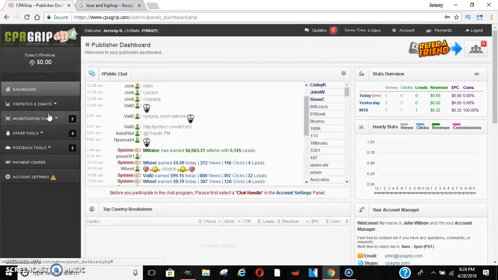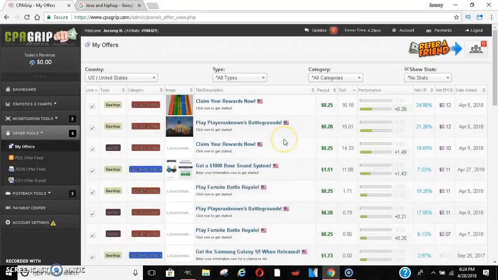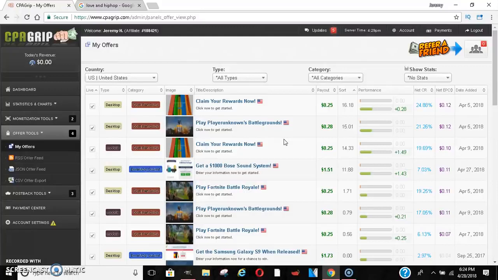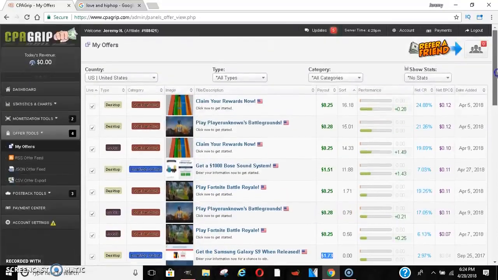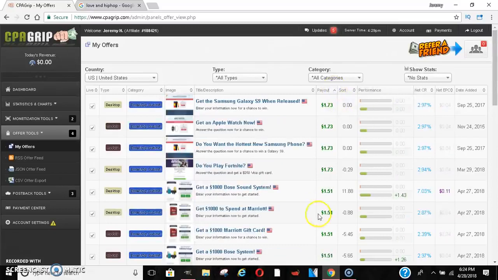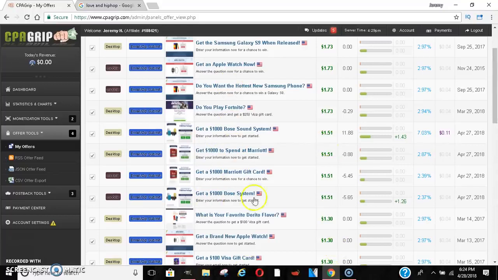You can get paid anywhere from a few bucks to a few cents, and I'll go to some of the offers so you can see. Now, this is absolutely free. It isn't like Max Bounty or anything like that, where you have to go through a whole process. You just sign up and you automatically have an account. As you can see, some of these payouts are really small, 25 cents, $1.30, $1.73 per lead. You click payouts up here, you get a little bigger payouts. So anytime someone enters their name and email in one of these, you'll get paid.